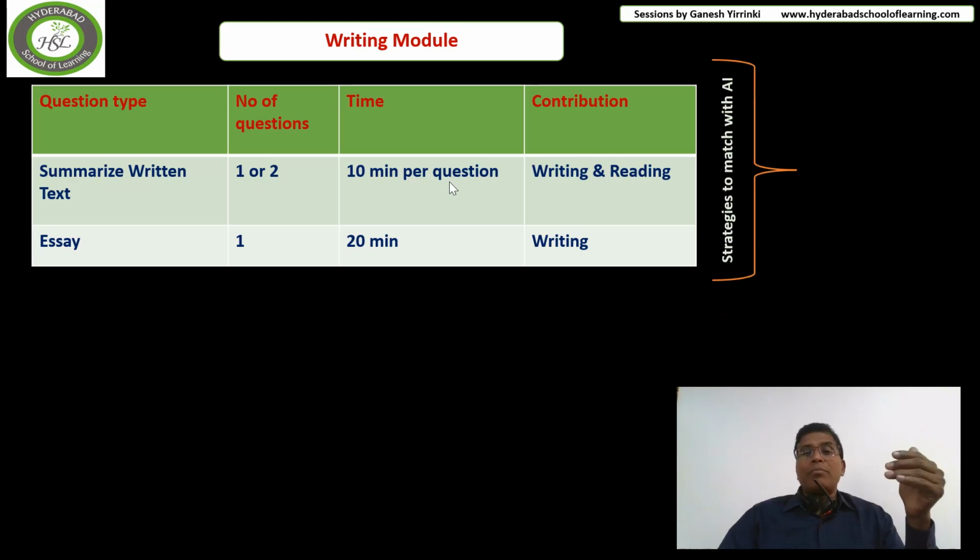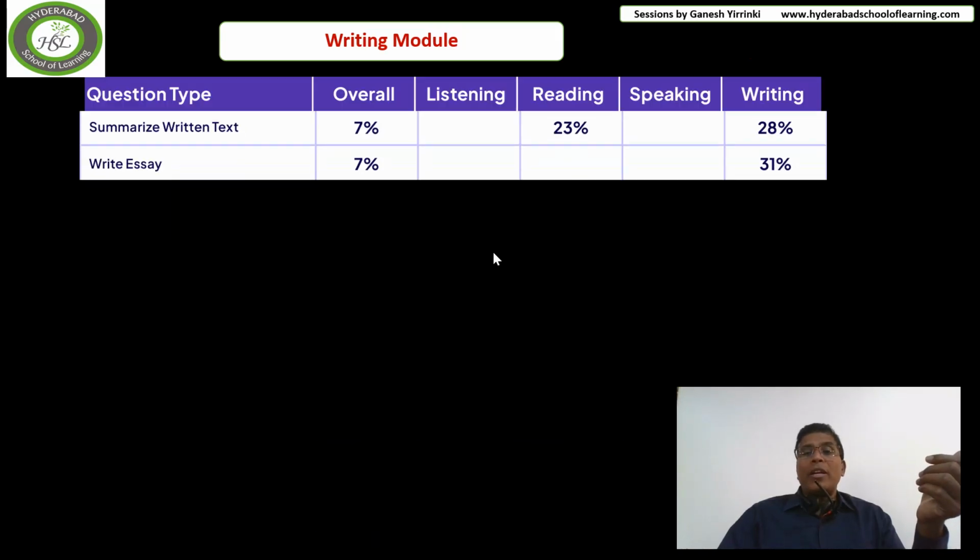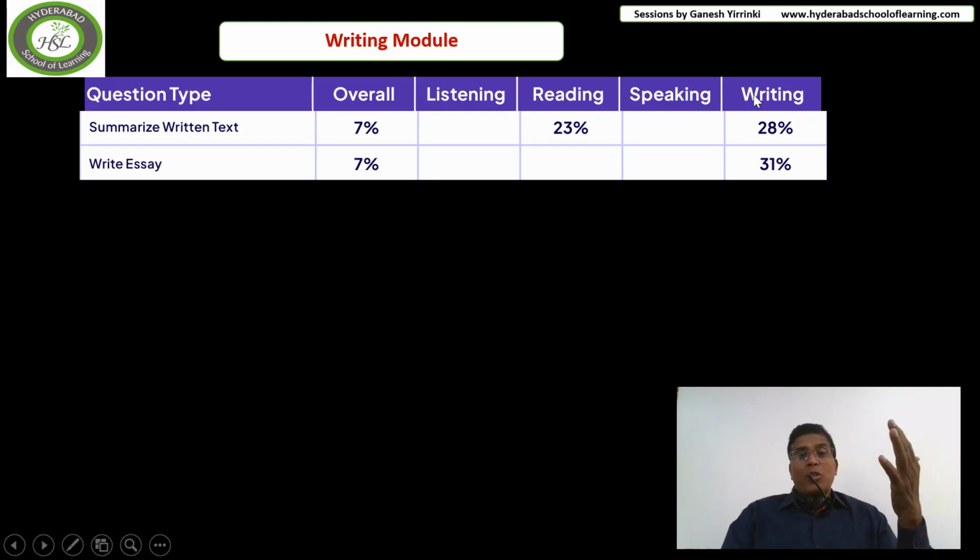These 2 questions contribute to the writing score, and the essay's contribution to the writing score is very heavy. Maybe if you look at the percentages here, you will understand. When you write an essay, your performance will contribute 31% of your writing score, whereas the summarize written text question contributes 28% of your writing score, and